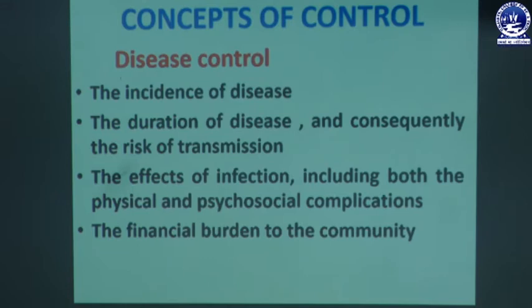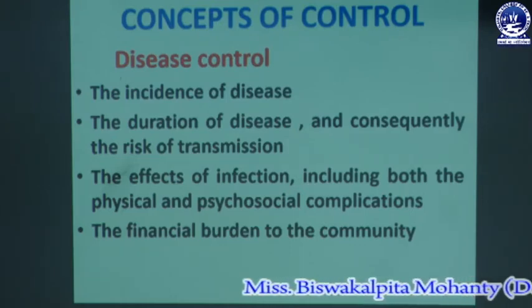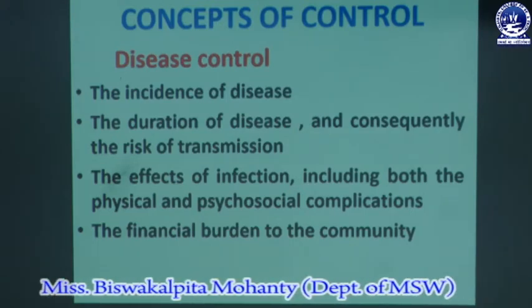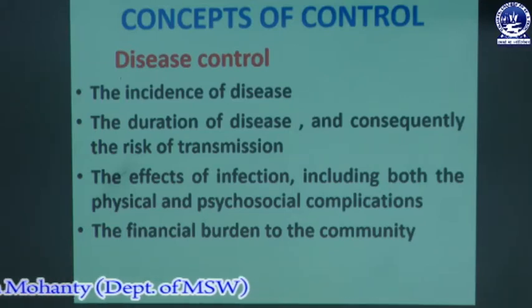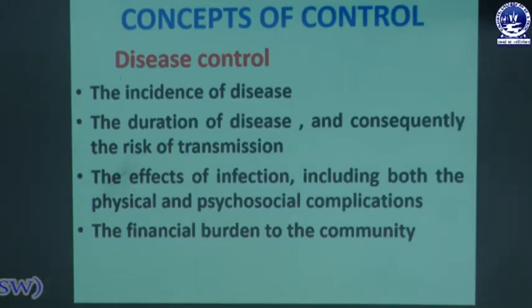Control activities may focus on primary prevention or secondary prevention. Most control programs combine the two. The concept of tertiary prevention is comparatively less relevant to control efforts. In disease control, the disease agent is permitted to persist in the community at a level where it ceases to be a public health problem, according to the tolerance of the local population.